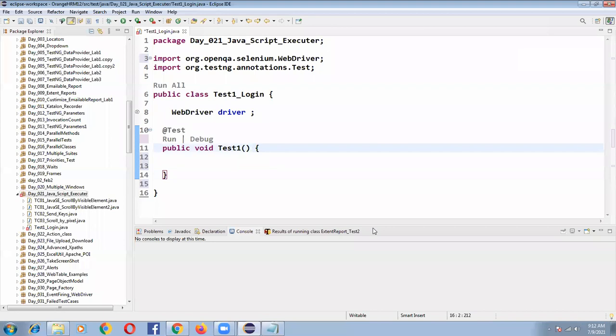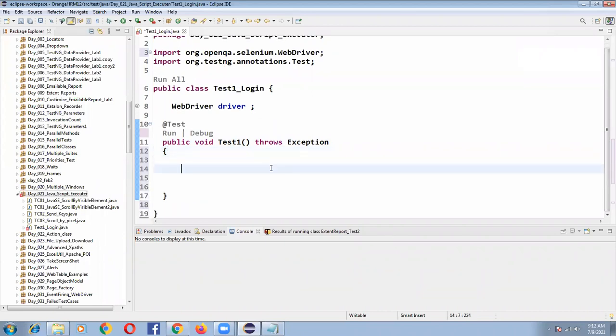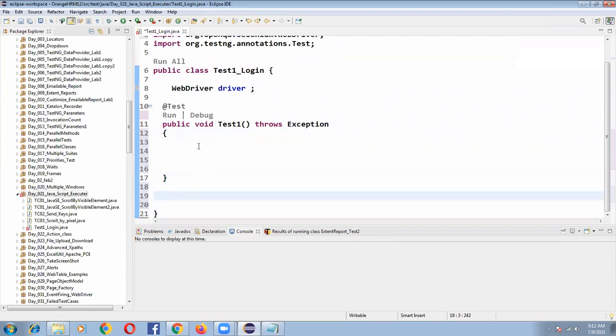So I'm writing throws Exception. After that, I need to launch my browser. What do I need to write? When you people are more interactive, I can write the scripting line by line.